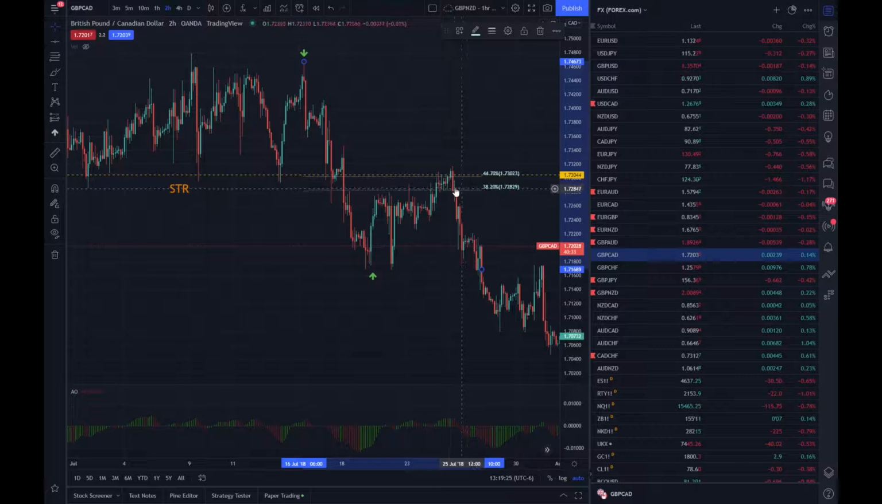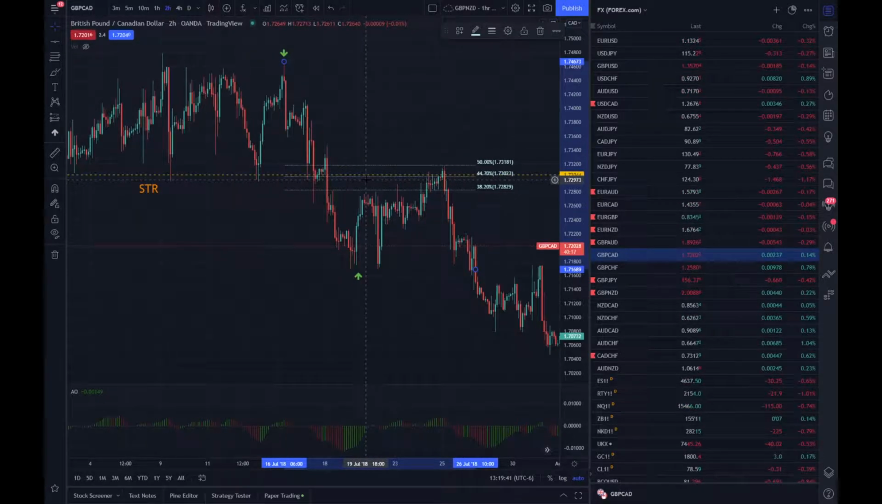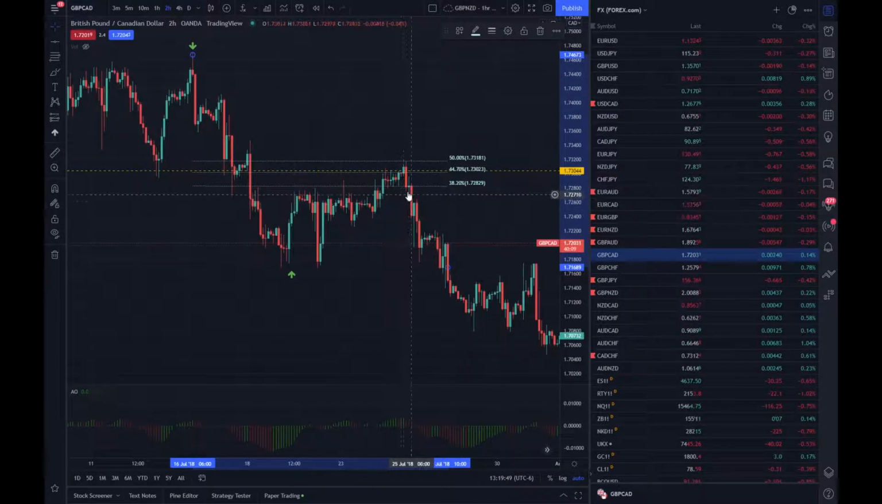Once again, the 38.2 is a little too low, but this 44.7, and I guess I can put a 50% on here. So the 50% hit it exactly. So the 44.7 is your point of interest because it's really coincident with that STR level. But the 50% showing Fibonacci accuracy here, especially in markets like currencies and futures, it tags it to the T,